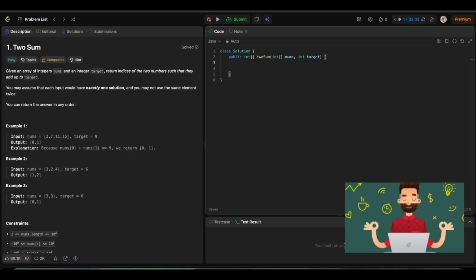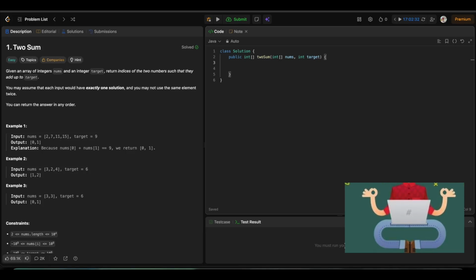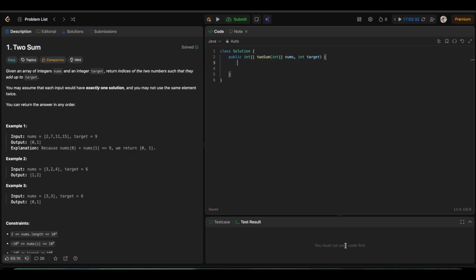Today we are solving LeetCode 1, Two Sum, in Java. This is the absolute legend gatekeeper for technical interviews, and it's problem number 3 in our array and hashing playlist. The problem states: given an array of integers called nums and an integer target, return the indices of the two numbers